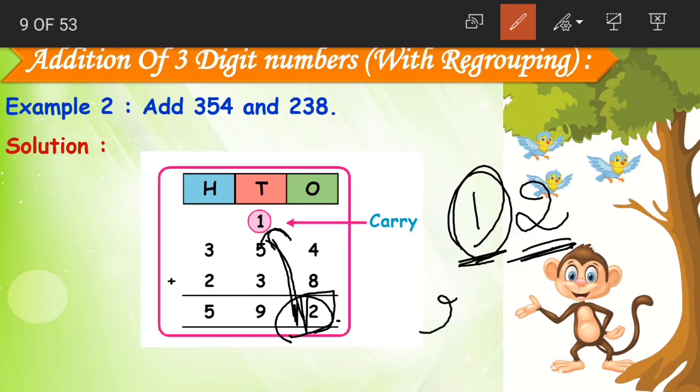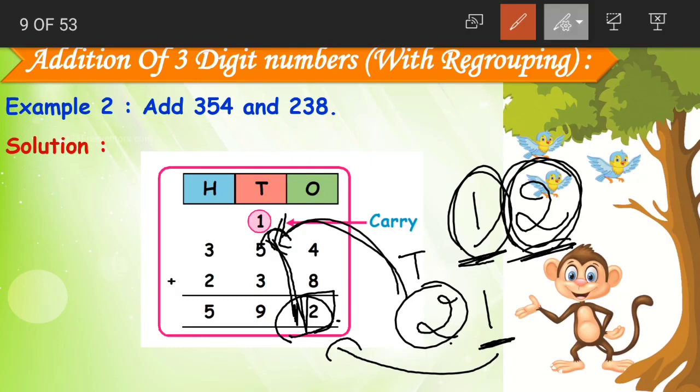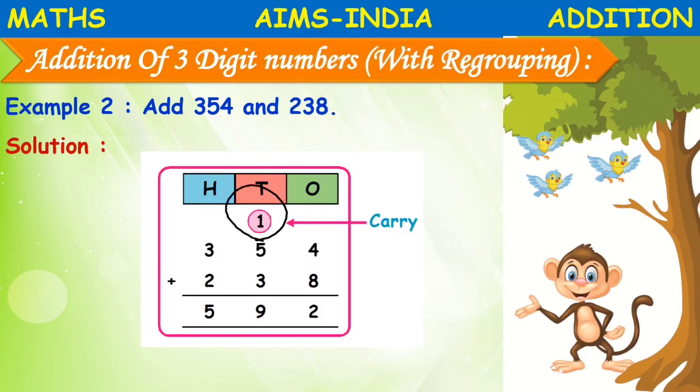Okay children? Again, if it was 21, now 1 is in the ones place, so we'll write 1 here, and 2 is in the tens place, so we'll carry forward 2 to the next digits. Okay, we keep only one digit and we give the extra digit to the next number. We carry it to the next place value.